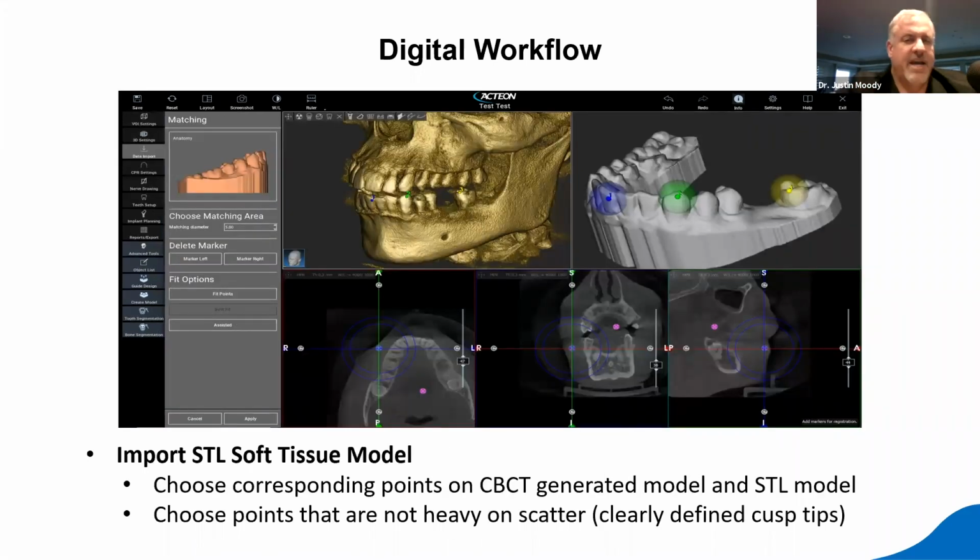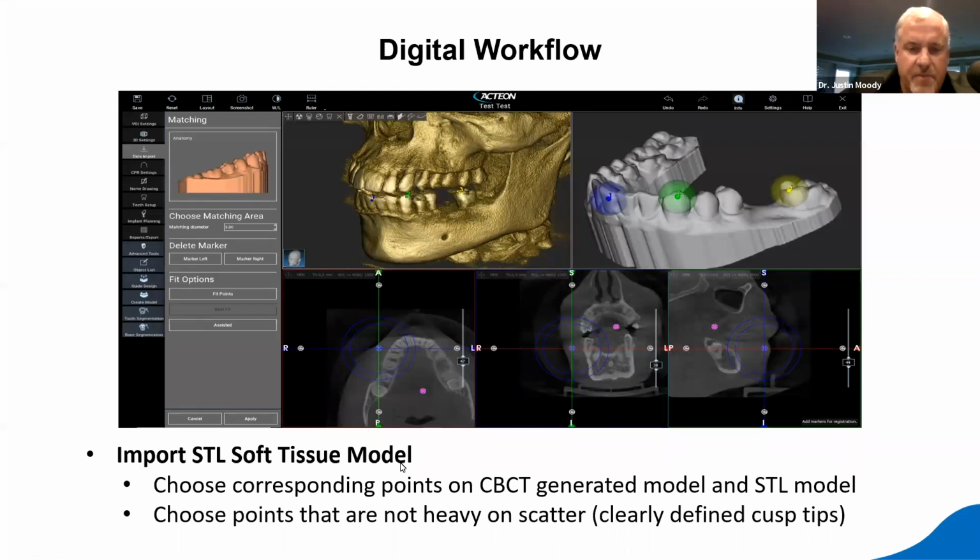So what's next? We've taken the ConeBeam CT of the patient. The next thing we're going to do is import our STL from whatever scanning mechanism we had. So on the left side, you'll see data import, and we will bring in our STL file. Now, you can see from that upper left image that we have the scanned in lower arch. Now, how we put these two together is